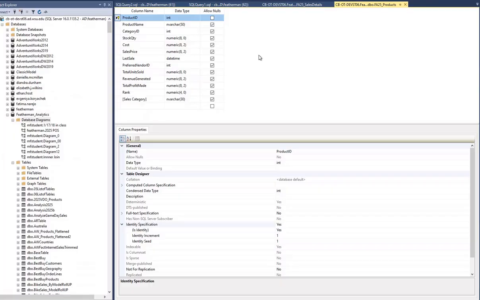We need a primary key to uniquely identify every row in the table. We also need a primary key to restrict values in other tables. So for example, I'll show you a sales details invoice line item in a minute. We want to sell only products we have. So in that other sales details table,